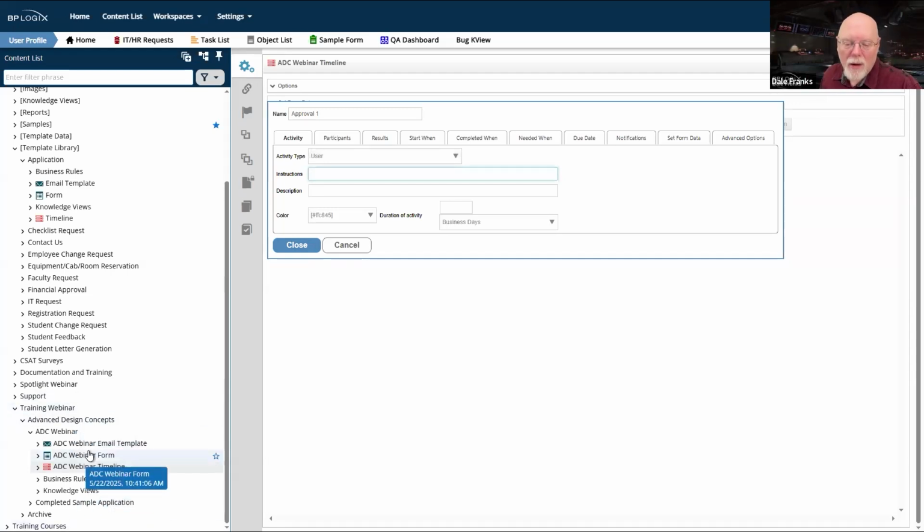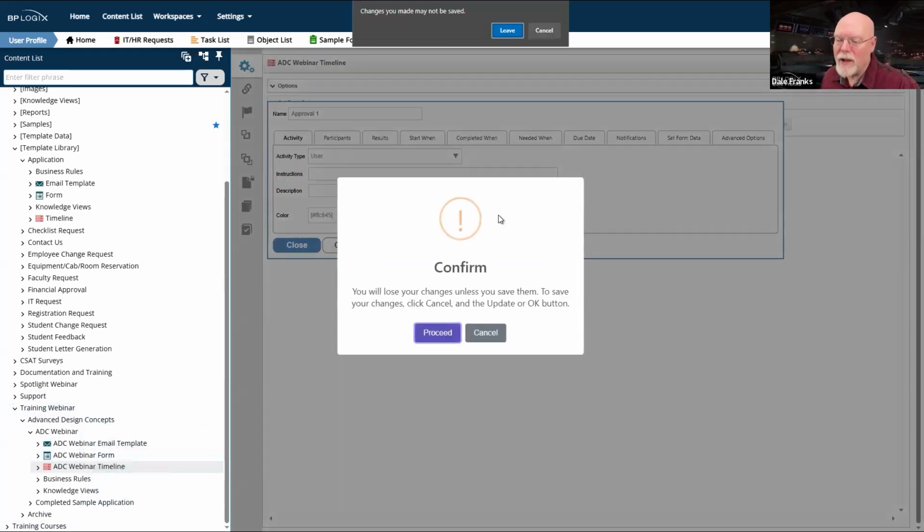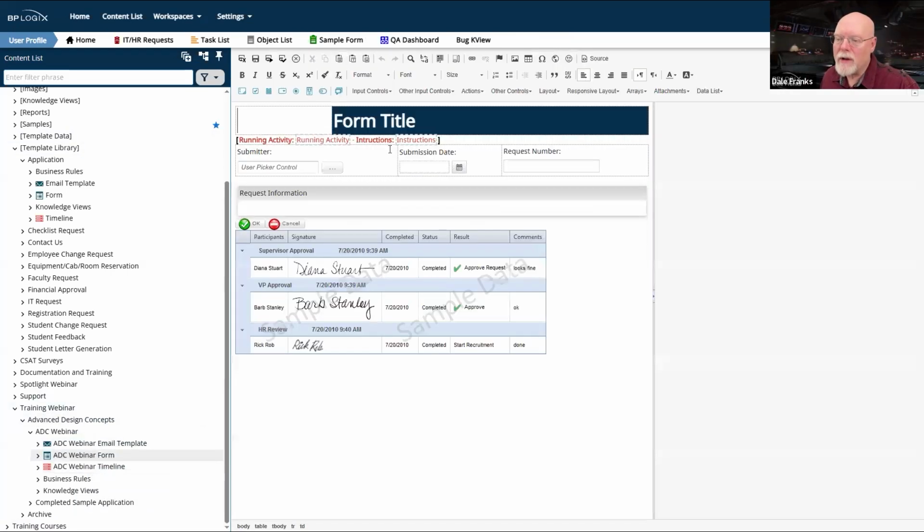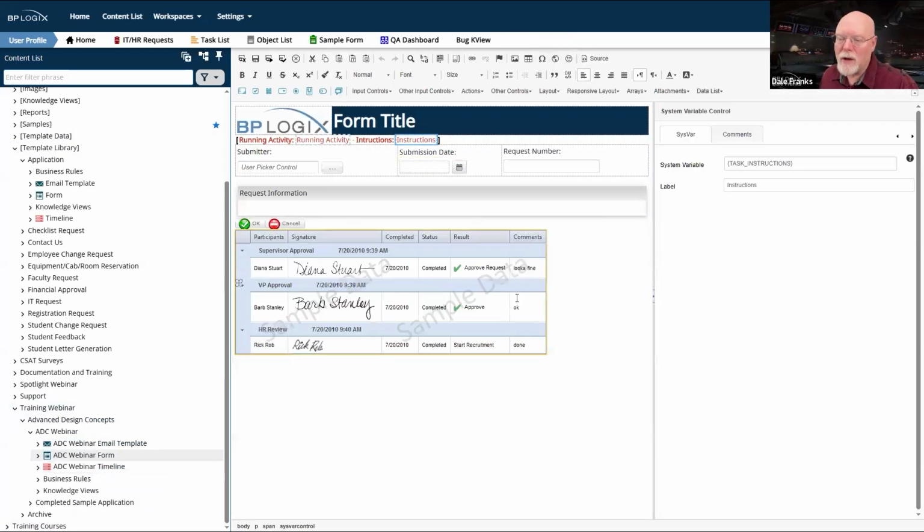And what that enables you to do by having those instructions is, on the form, whenever you go into the design of the form, you can place those instructions on the form so that whenever this form kicks off, at the very top of this form, I'm going to have this nice bold red text up here that tells me as a user what activity is running and what I'm supposed to do to complete my task in that activity.